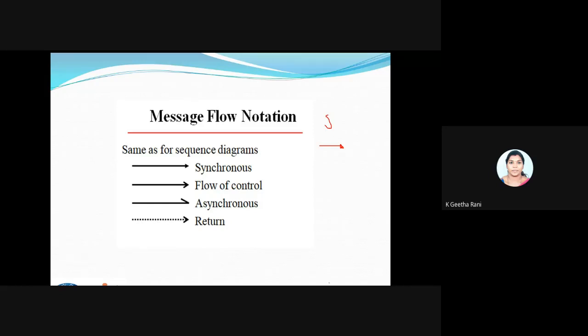Fine. So what is an asynchronous message? It is nothing but a sender that does not wait for a receiver to complete the process. Before the receiver completes the process, it keeps on sending messages. That is called an asynchronous message. In a sequence diagram, how will we represent it? A line with a normal arrow. The arrow will not be filled, but you can see in the collaboration diagram this is the arrow for it. It's very different.